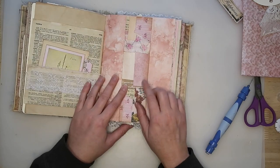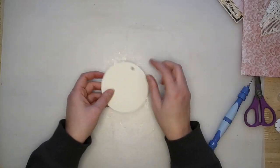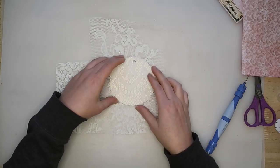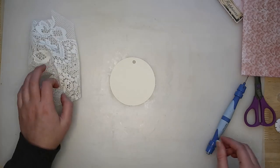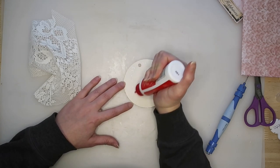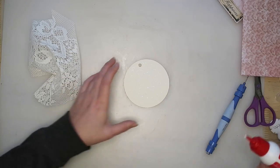So next I found this patch which needs to have something to go under the belly band, and what I was thinking was to decorate this possibly with some fabric straight up, just so that it's nice and sort of bright against that pinky coloured background. So I'm just going to hope that my tacky glue works for this job. I am going to stitch around the edges as well,